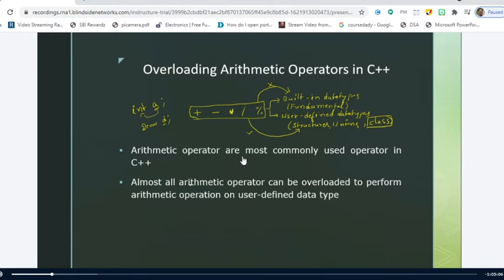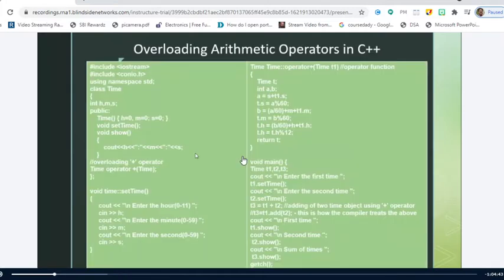There is no restriction that only particular arithmetic operators can be overloaded. All the arithmetic operators can be overloaded: you can overload plus, minus, star, division, and modulus also. After this, we'll start our discussion of overloading the arithmetic operators.